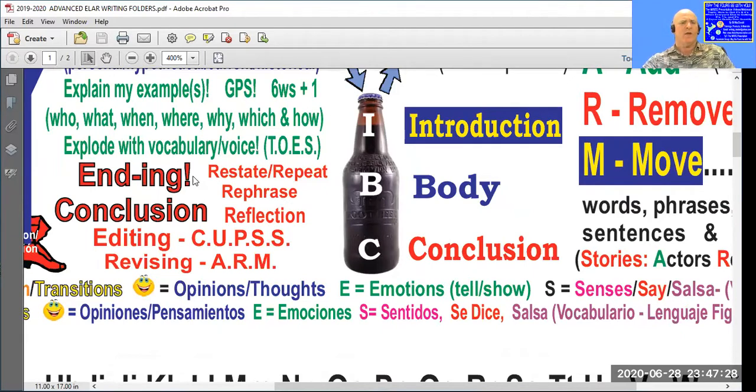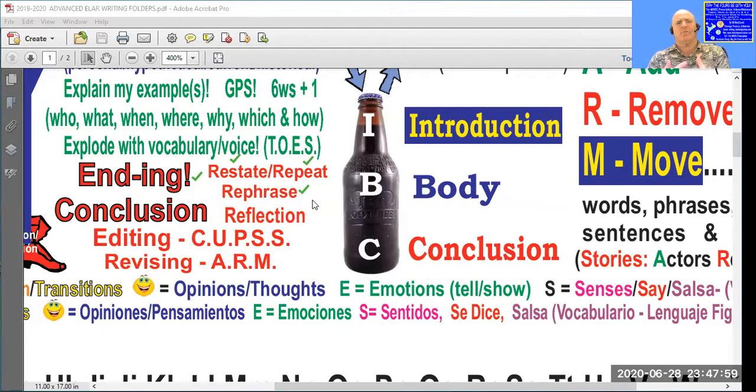And so I would love it if you can teach your kids to have an ending, not just to restate and repeat the prompt and their central idea, because that's formulaic and repetition always makes the grade go down. But can you teach them to rephrase? Can I say what I've told you in a different way? Think of the ending like dessert, not a desert where there's nothing there,